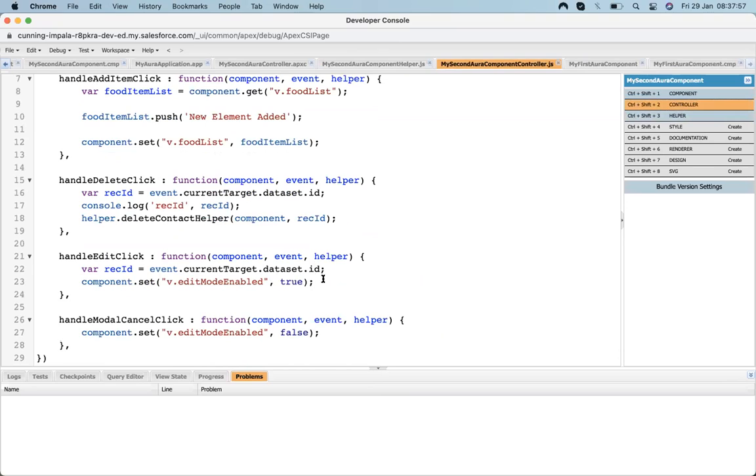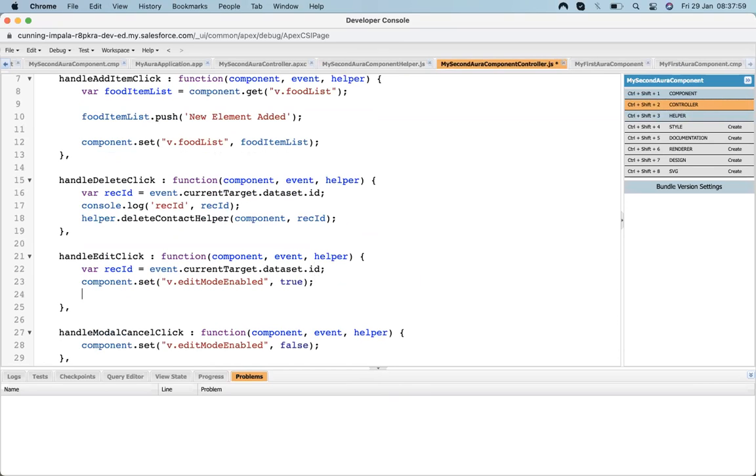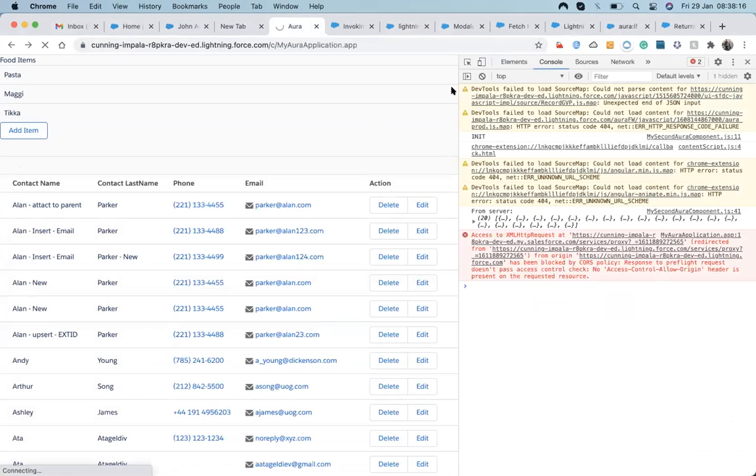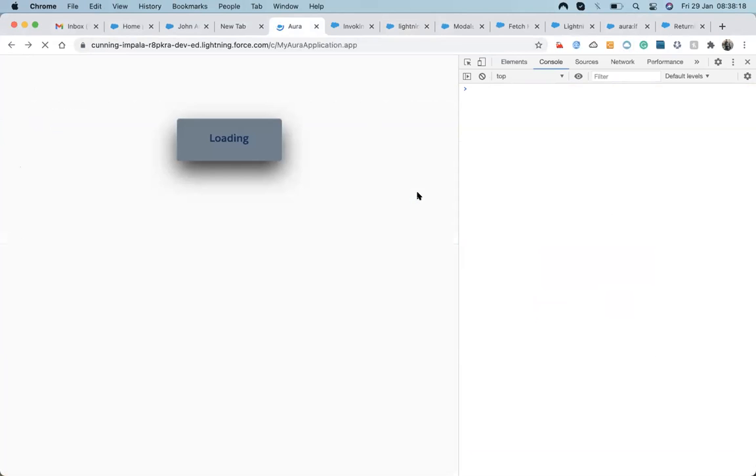Where is my edit mode enable? helper.getSelectedContact, and I need to pass the record ID and component. So let's do a refresh and check the console log, whether I am able to get the record ID or not.